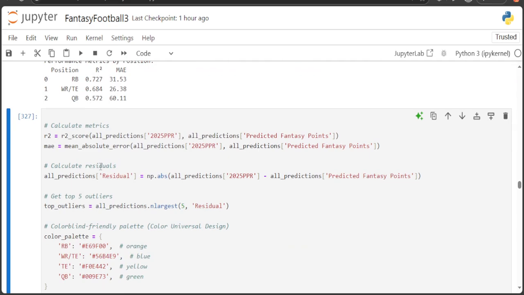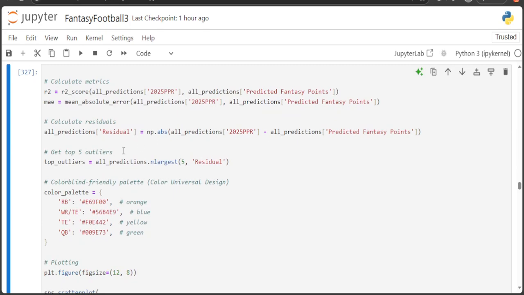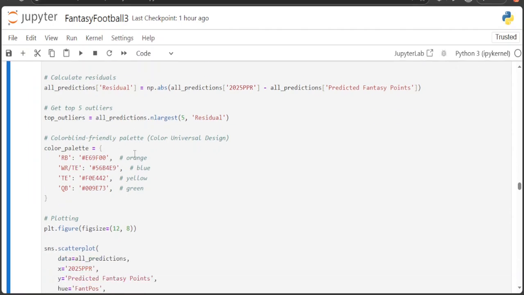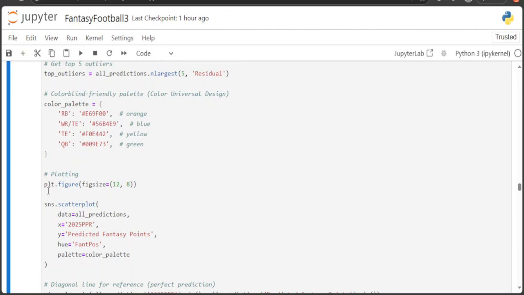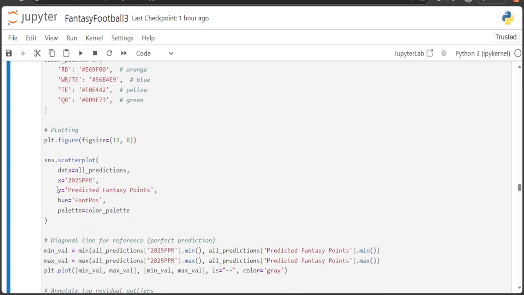And then we're calculating the residuals, and we're using numpy and absolute to get the absolute number. And then we're getting the 5 largest outliers. And then this is how we're going to color the results. And then we start off the matplotlib alias PLT and the figure, so that's how large our chart is going to be. And then we're using a